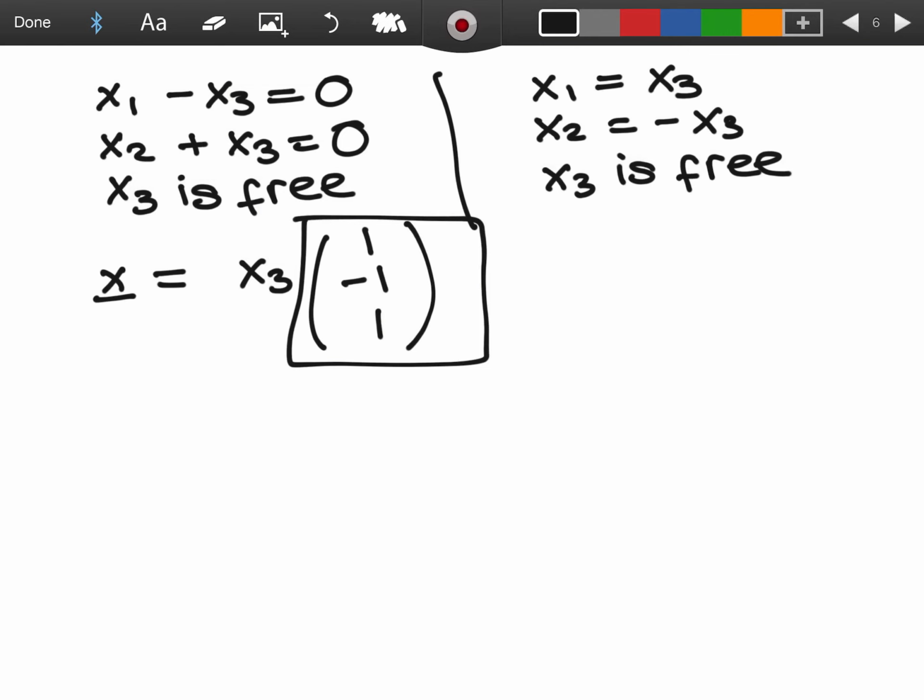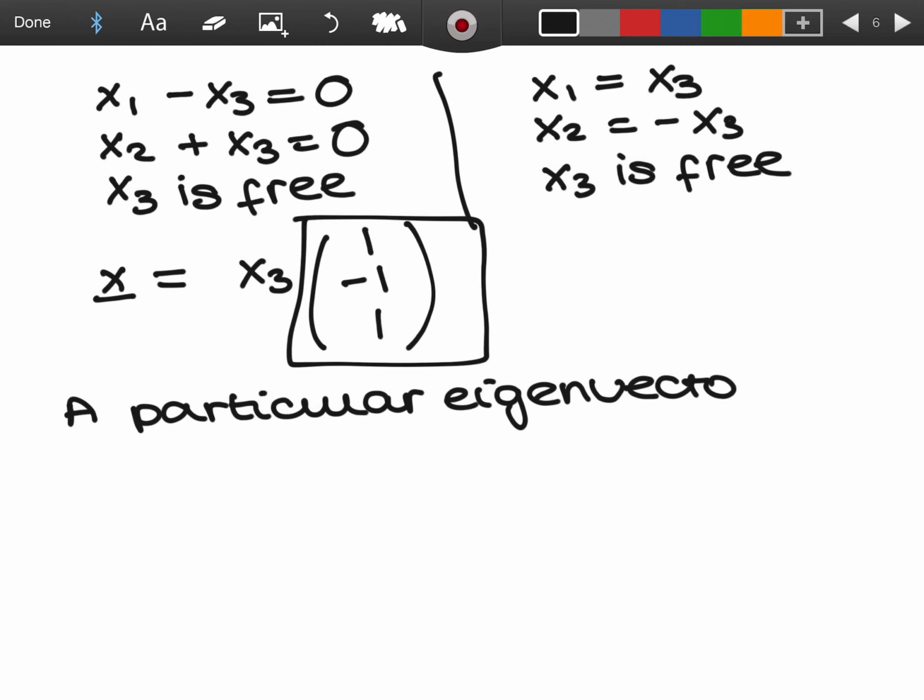So my eigenspace of A in association with lambda equals 3 is all scalar multiples of this vector. Therefore, one particular eigenvector of A